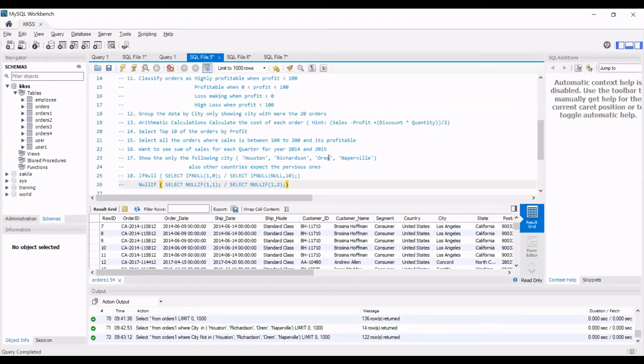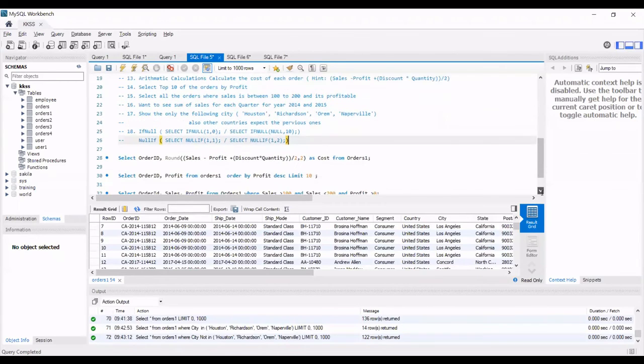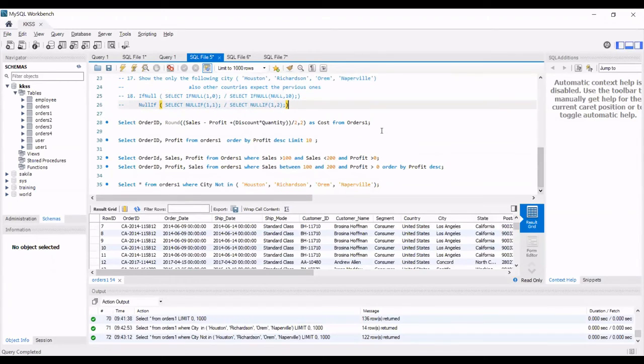For the ranking exercise, top 10 or something, there's a similar function. If you were aware of the rank functionality in Tableau, the table calculation, there is a similar function in SQL as well. You guys can check it out.